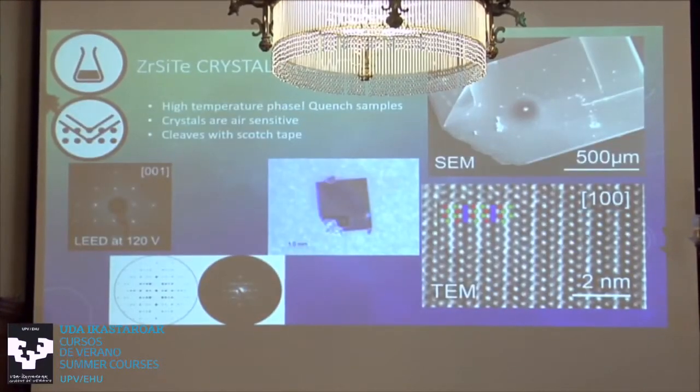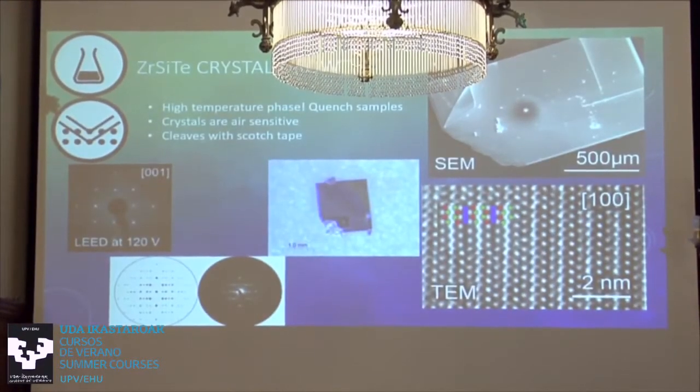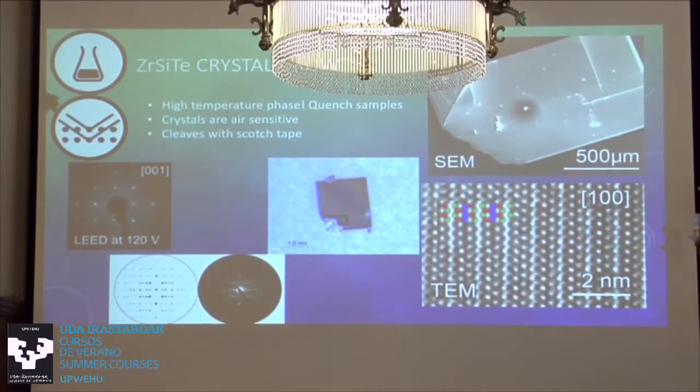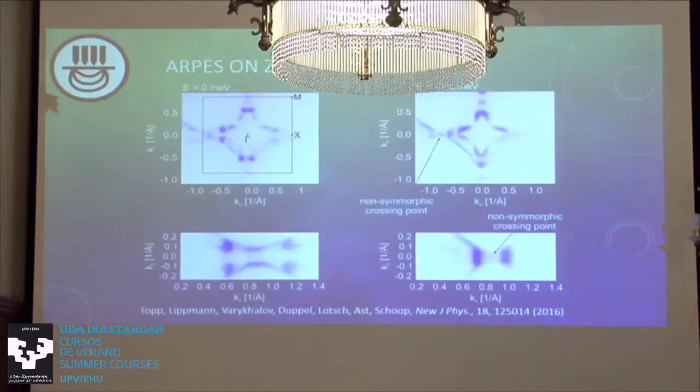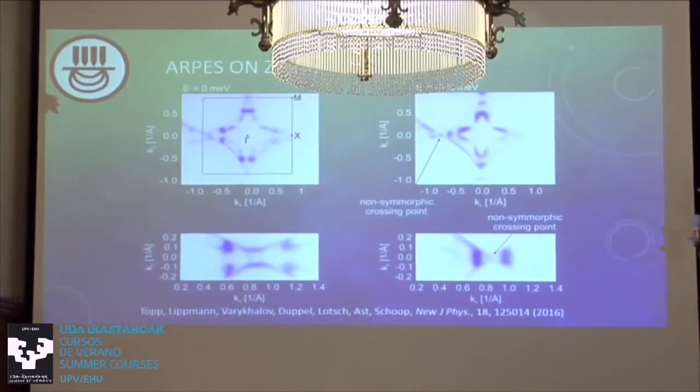And so again, we could grow the crystals and verify the crystal structure to be the perfect square net. And the crystals are now a little bit different because they're even more two-dimensional. You see the layers already peel off under this microscopy image here. So now you can scotch tape the materials, and you don't really need to glue and stick onto it to cleave it. And then if you take ARPES spectra, we first thought we'd look at the constant energy plot or